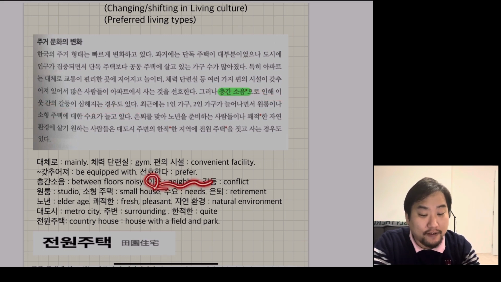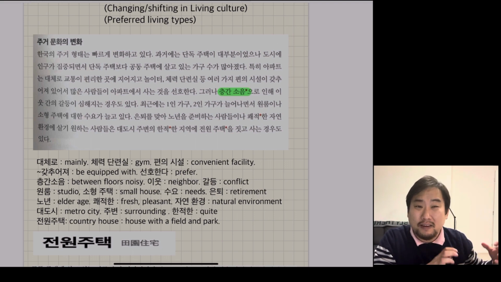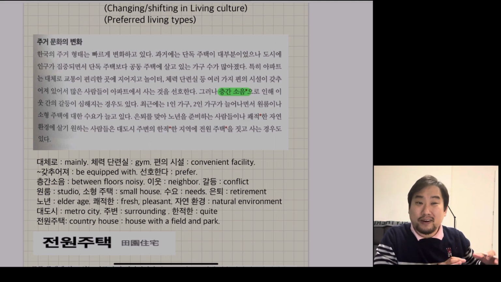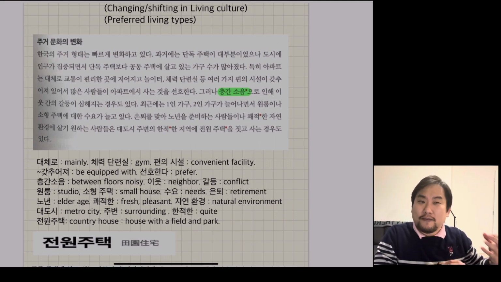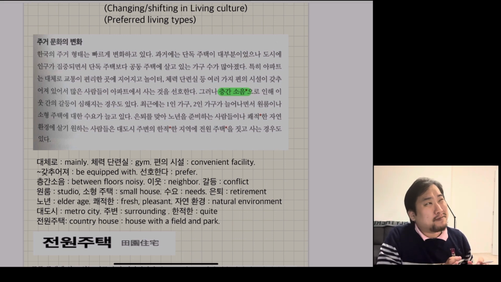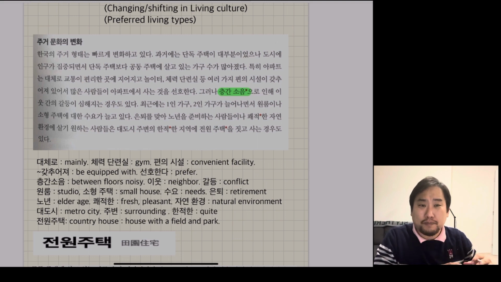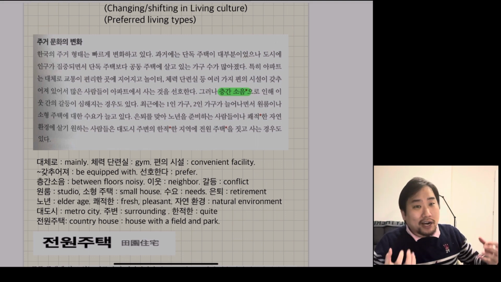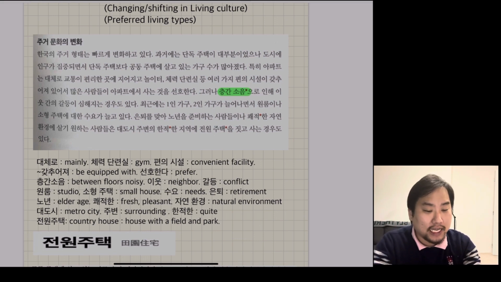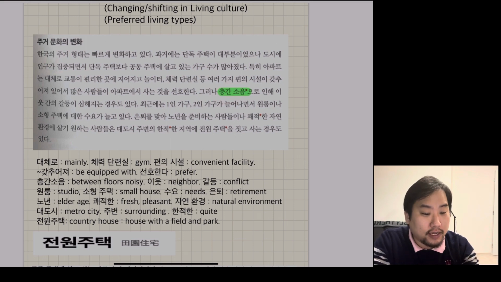So 이웃 is neighbor. But yeah, there are so many people and living in the different lifestyle, like someone work, and because usually 층간소음 comes from their kids. So if the family has kids, they understand a little bit of noisiness. But the family don't have any kids has maybe difficulty in understanding the noises. But not only kids, but also like shouting out or the music, something like that. So yeah, floor noise, 층간소음 is also serious matter in Korea. So 층간소음으로 인해 이웃 간 between neighbor, there is a severe conflict.